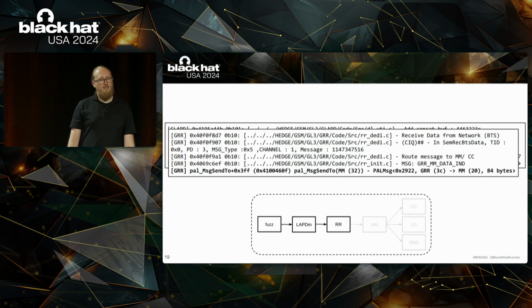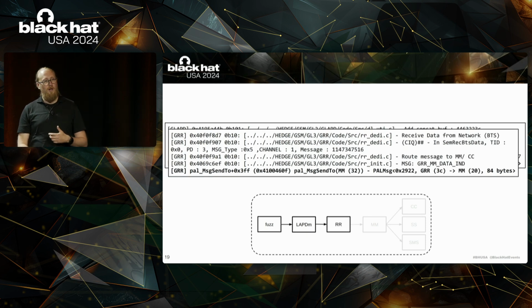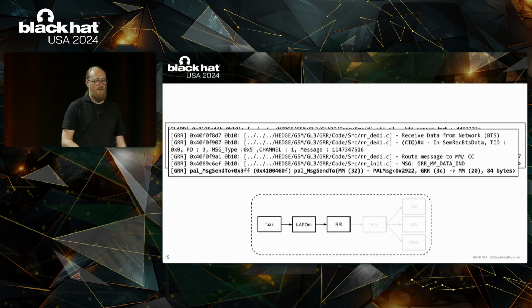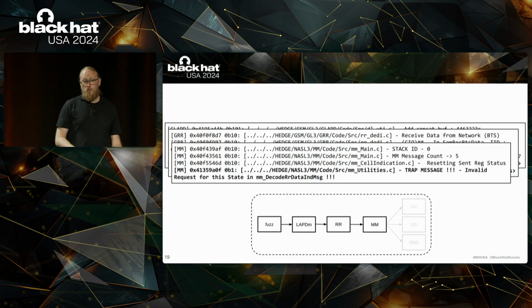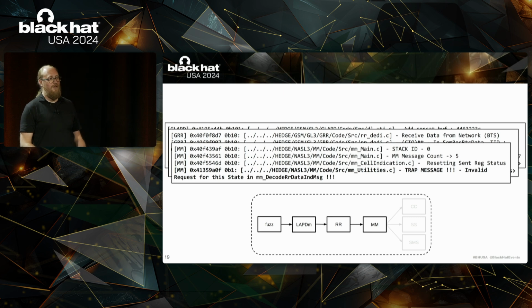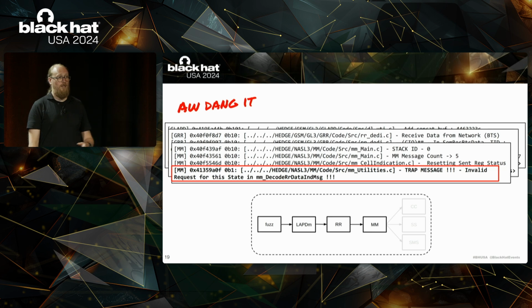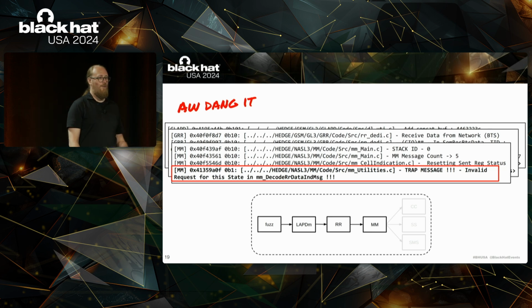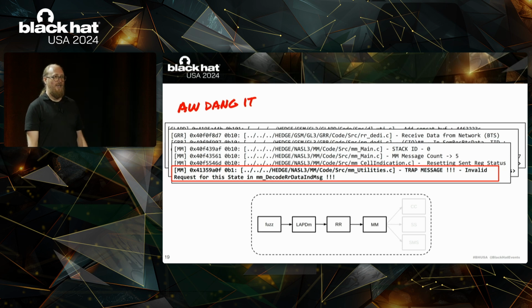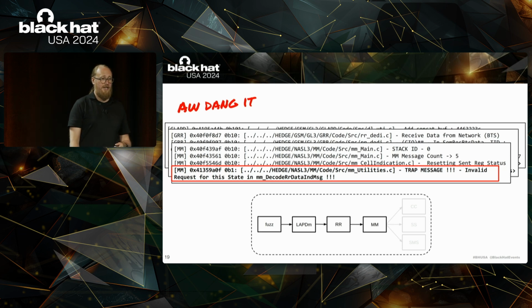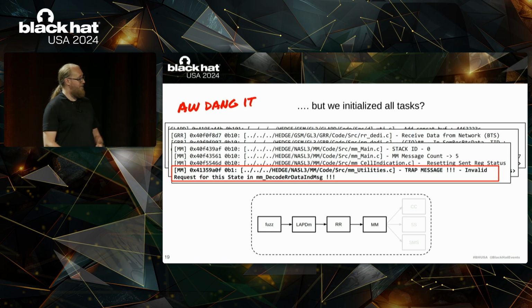The RR task takes its inputs, processes this as well, and forwards it up to the MM task. Now, with the MM task, we see something unfortunate. We see a trap message with 3 exclamation marks afterwards, so something is going wrong here. And the trap message tells us there's an invalid request for this state in MM decode RR data indicator message. So we initialized all tasks, but we are not able to proceed with the fuzzing yet, which brings us to